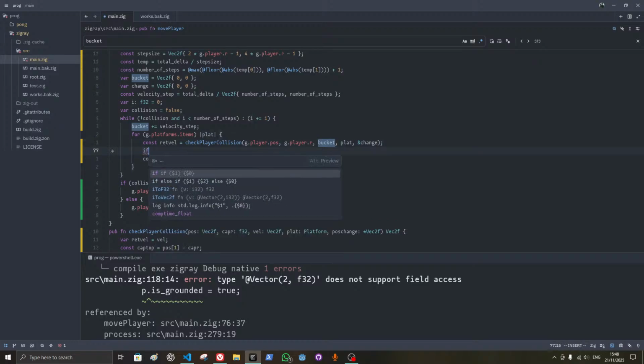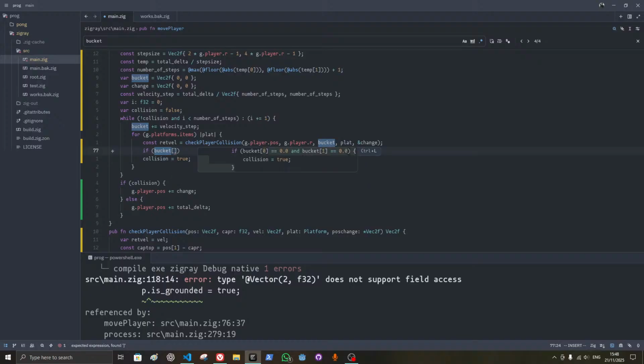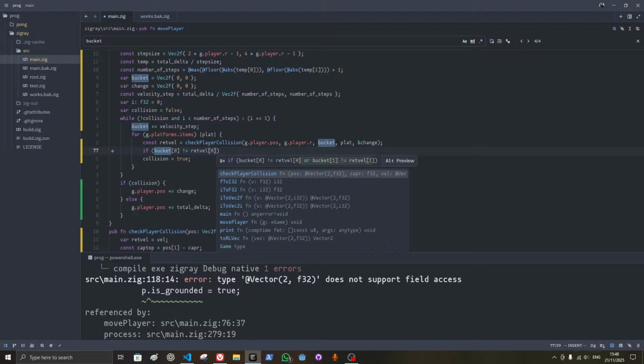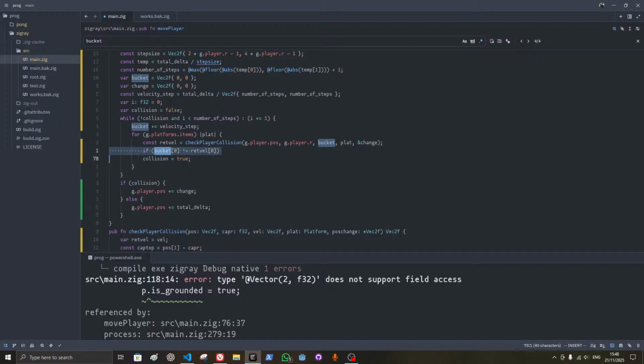And now if bucket dot zero is not equal to val 0, or yeah, again